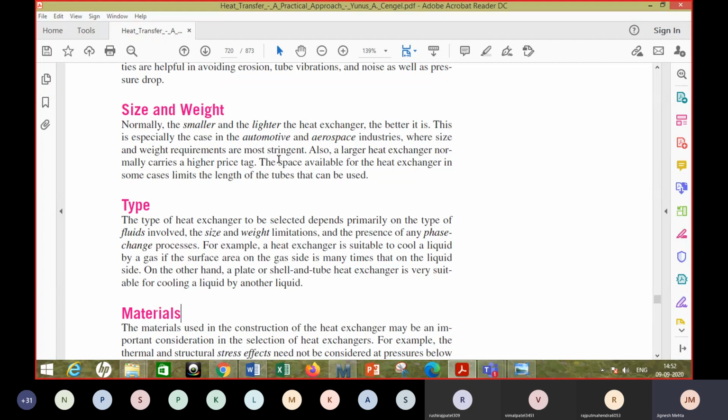For example, if you are talking about an oil cooler for some stationary IC engine, you might go for a shell and tube type of heat exchanger because you might cool the oil with the help of water, and water may circulate in a closed circuit, and you may use a cooling tower to cool that water and then again to cool the liquid, the oil. Okay, so in this case, because both of them are in liquid form, it may be a good idea to use a shell and tube type of heat exchanger.